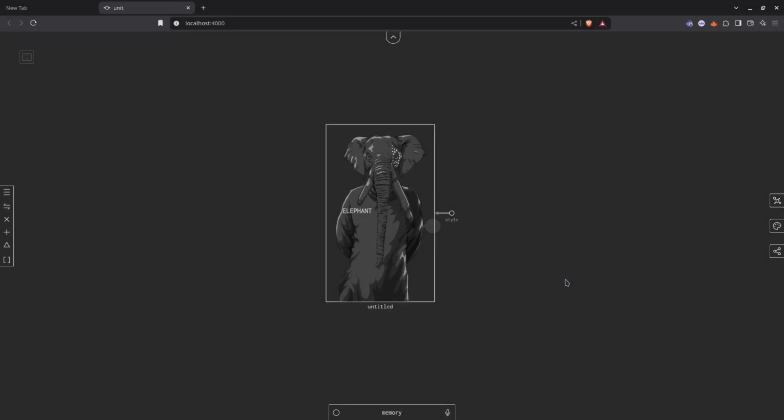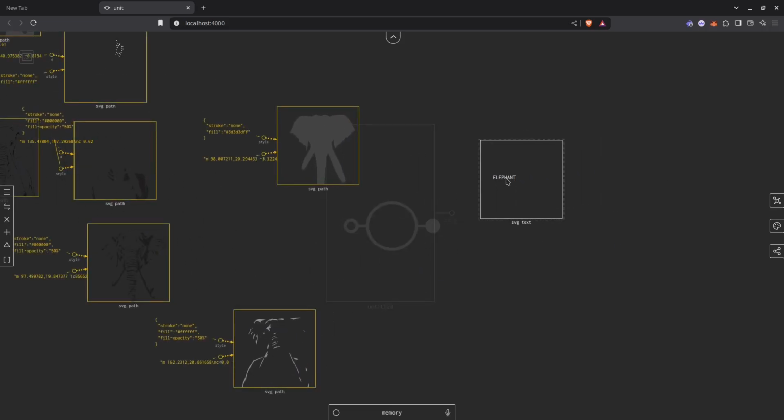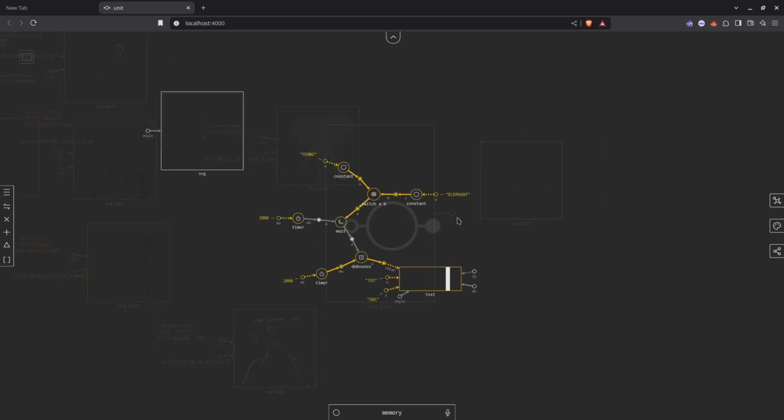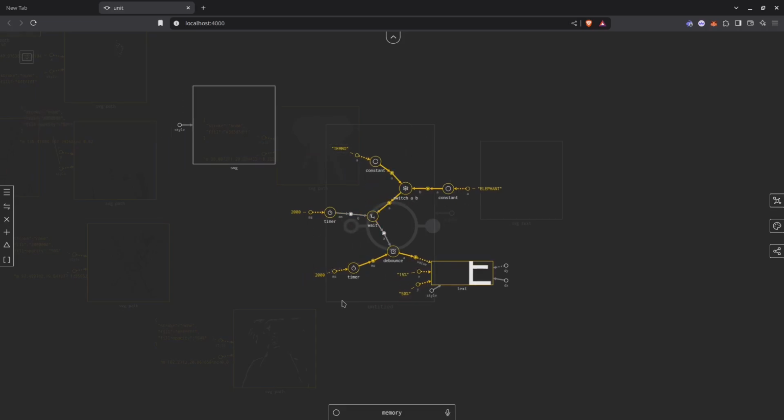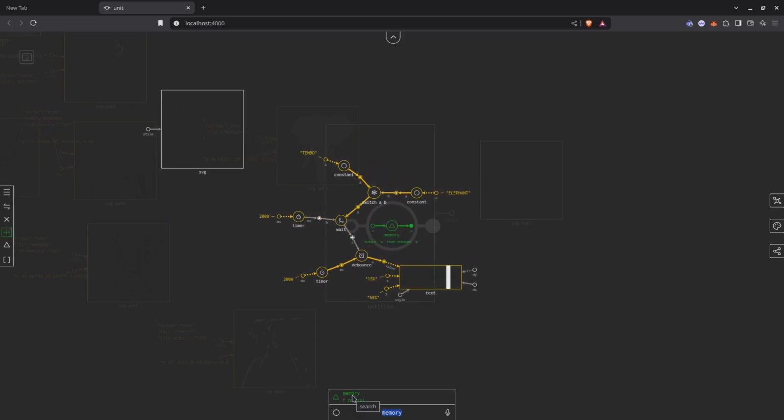Now, I just learned that there's a much simpler and much more elegant way of implementing this text switching effect. So I'm just documenting here for future reference. I'll go into the unit, find the SVG text, go in there, and this is what we had previously set up. And it's working, but I learned there's this thing called the memory